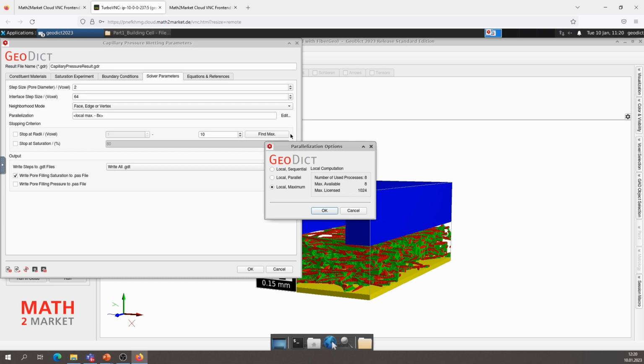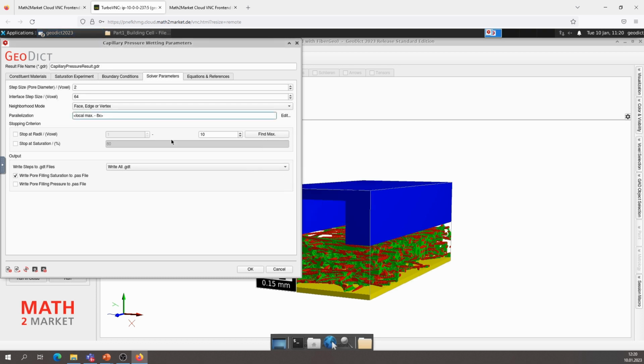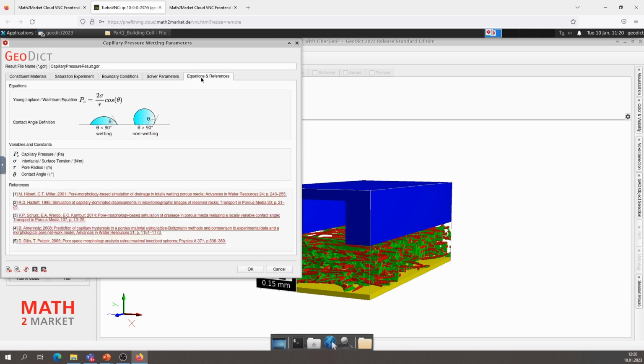The local maximum is 8, and it's okay. We can write all GDL. We need a check mark at write pore filling steps to pass, because like this we get a nice output file. And here we can look at the equation that will be solved. And here is also the definition with the contact angle.